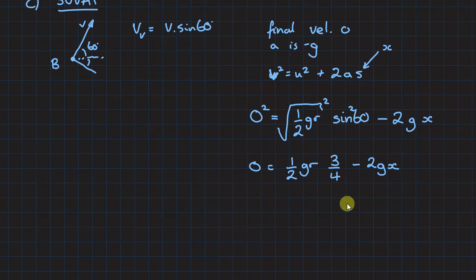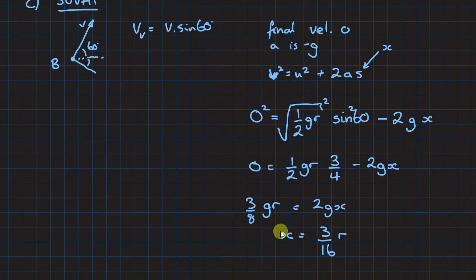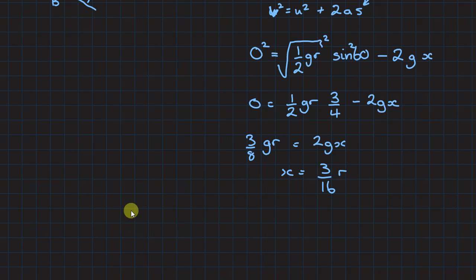So I can rearrange my equation. I've got 3/8 of gr equals 2gx, so x equals 3/16 of r. The g's have cancelled out for me. So if we remember our original diagram, we now need to add to it a radius and half a radius. So the height above the bottom